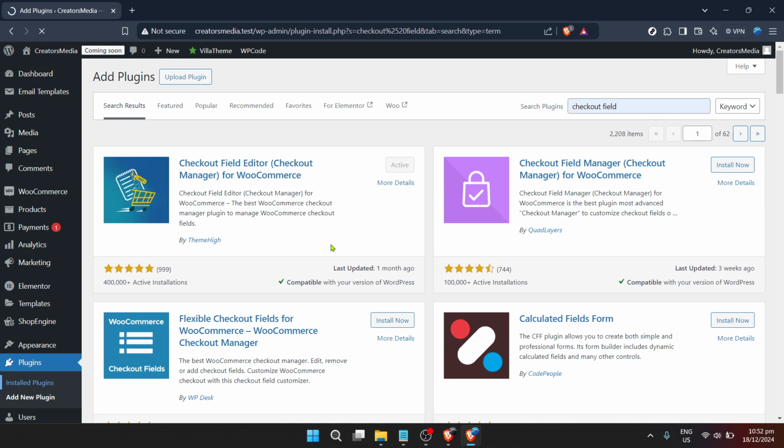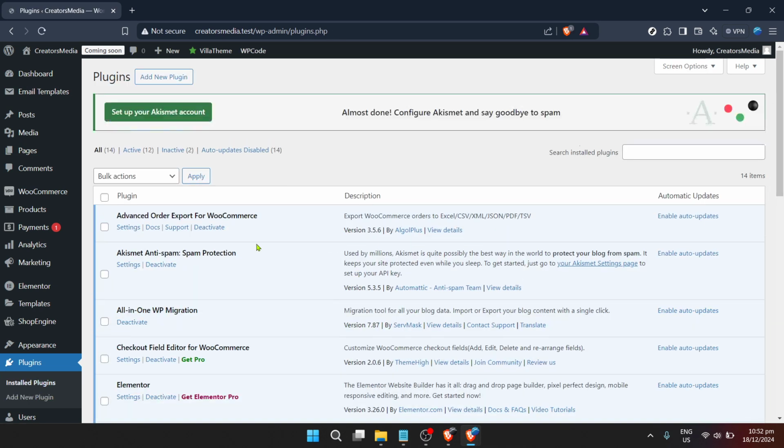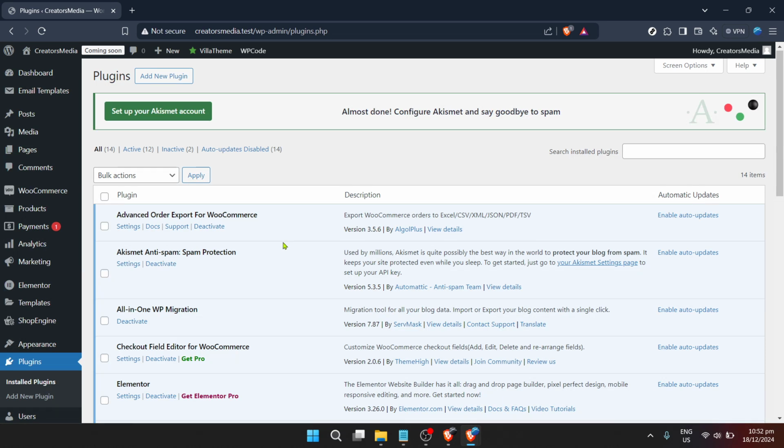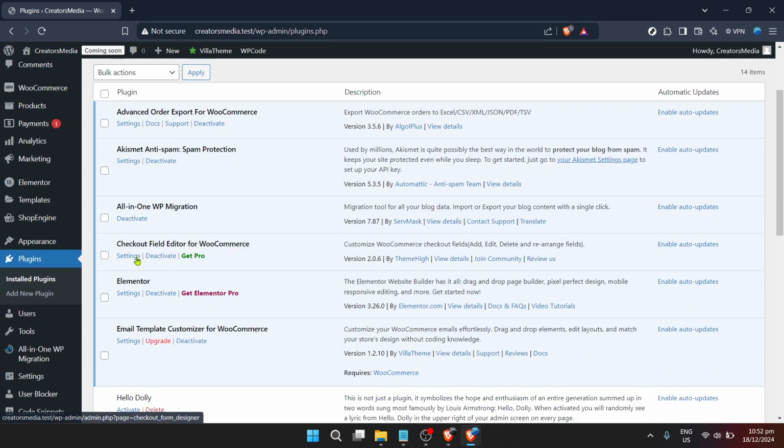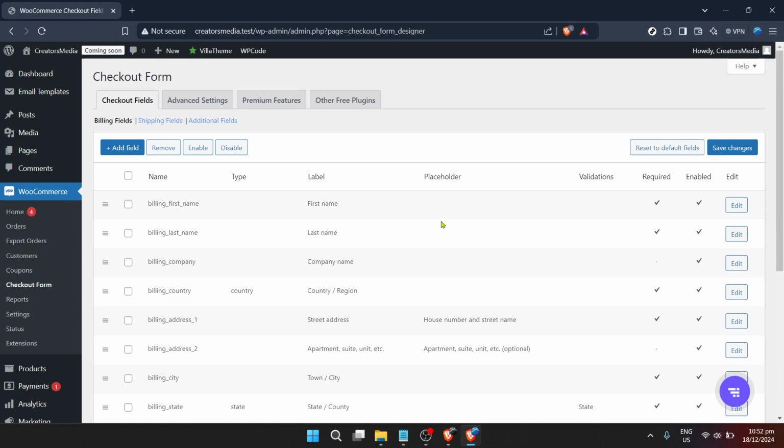Installation is just the first part though. After the installation completes, a new button will appear in place of the install button, prompting you to activate the plugin. Click Activate. Remember, a plugin needs to be activated to work on your site. Think of it like flipping on a switch to illuminate a room. Without activation, the plugin remains in the dark, unused.